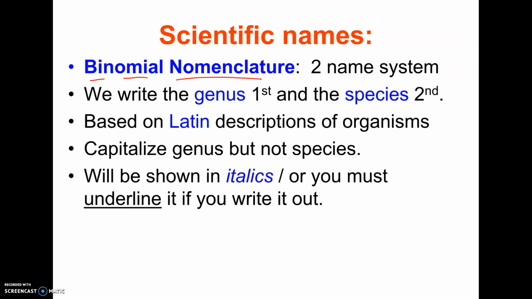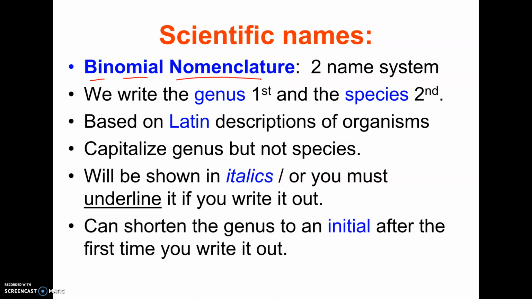And we talked about that it's the genus and the species. The genus is capitalized, the species is lowercase, first letter, that is. And then it's either in italics or underlined. And so we're going to pick up today with just running through some examples just to show you correctly and incorrectly written scientific names. And this tells us a lot about organisms because, for example,